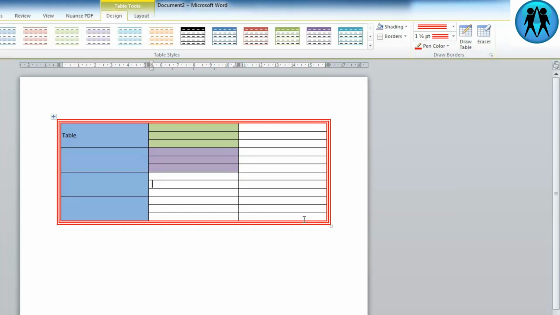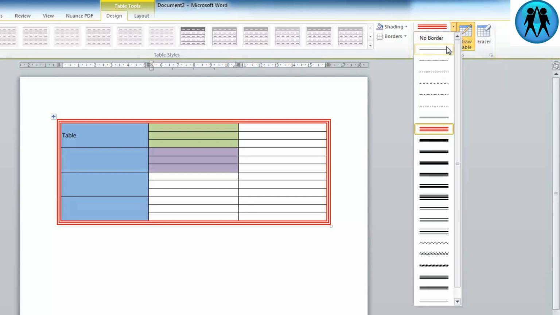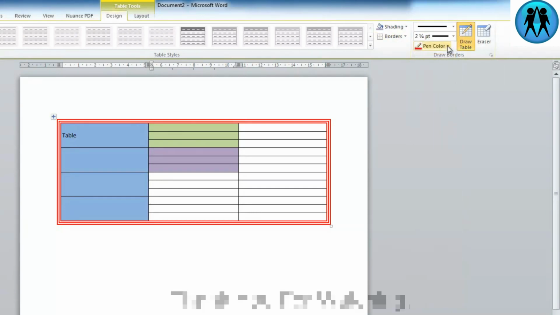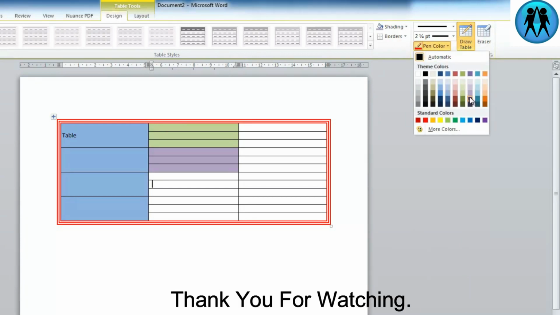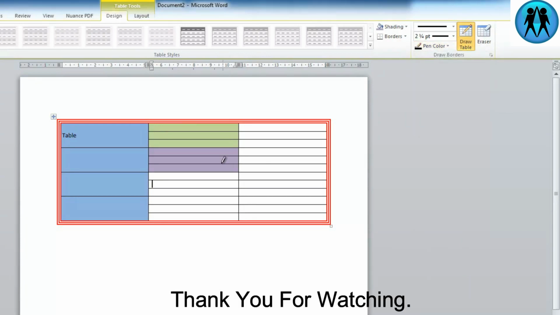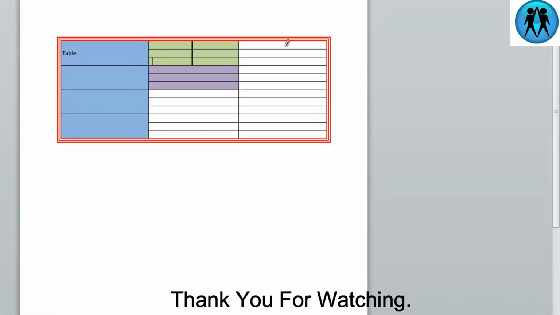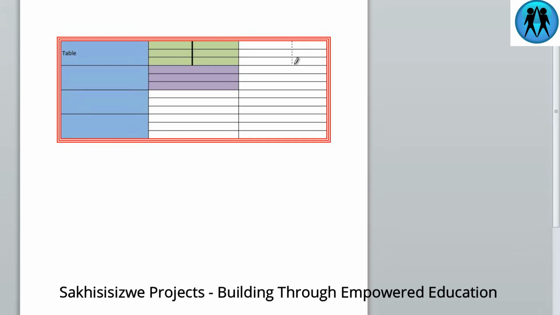The next thing you might want to take a look at doing is adding in additional lines. So again, on the Design tab, we can click on Draw Table. My mouse at this stage is drawing triple red lines, so I need to go back to a plain line. I need to choose the weight of the plain line, and I need to choose the color of the plain line. So I'm going to stick with black. So I can click and drag and create new lines within my table for one particular